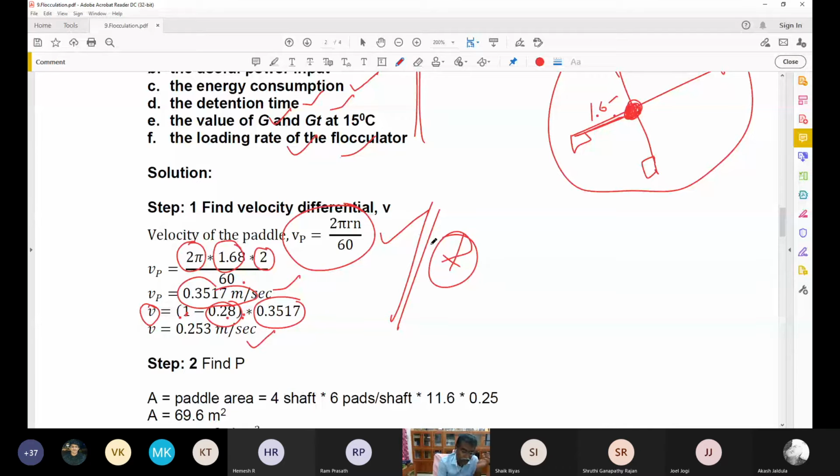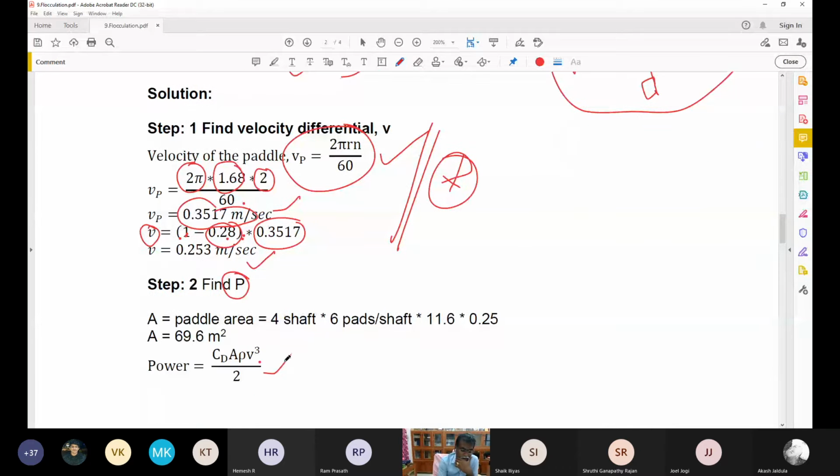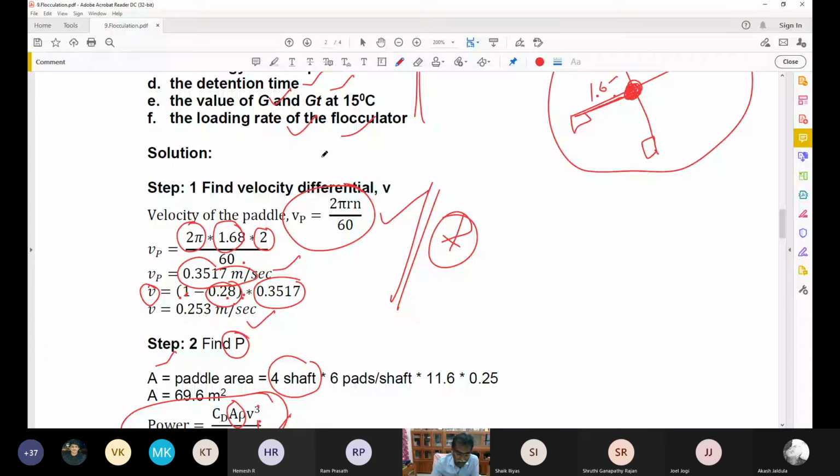For that you can use this formula, which we also discussed in the last class. Power is equal to CD A rho Vp cube, the velocity of the paddle cubed, divided by 2. Now the area of the paddle, AP, you have to calculate. It is mentioned in the problem that it is supported on 4 horizontal shafts, that is 4, and each shaft consists of 6 parts, like this. So the total becomes